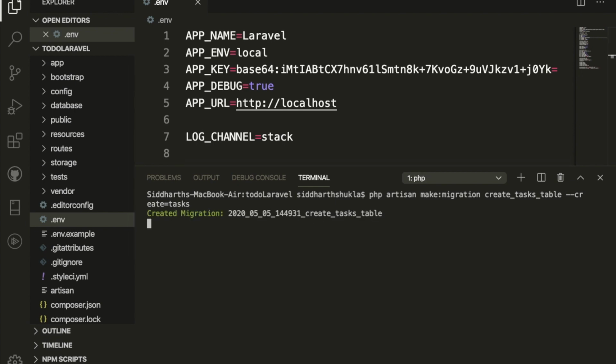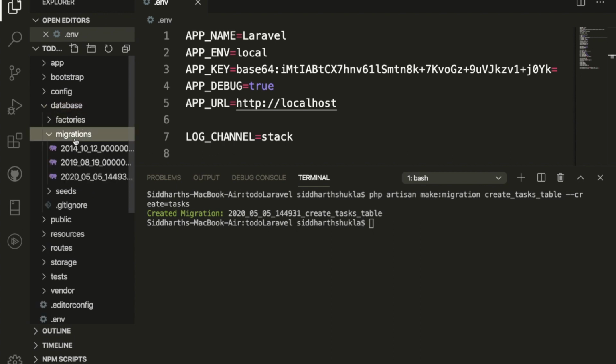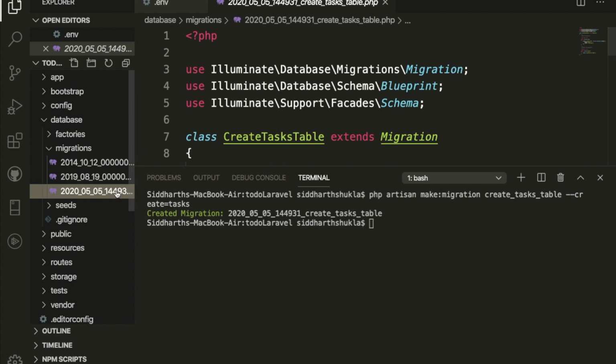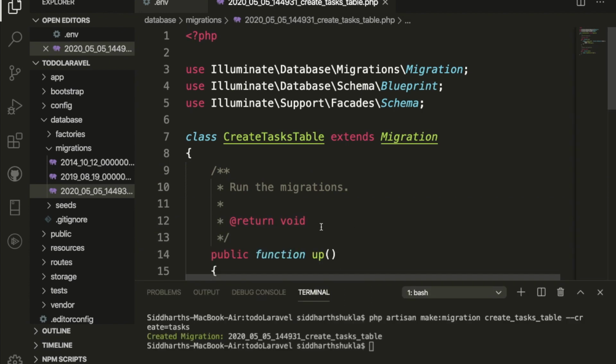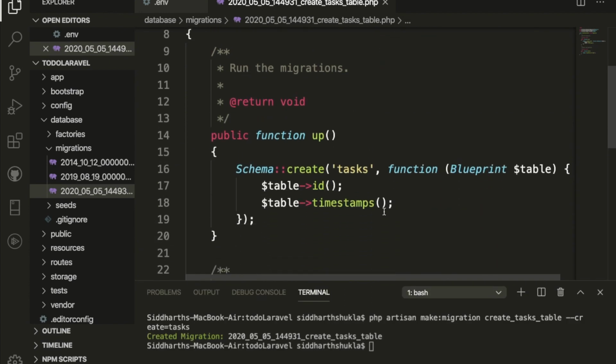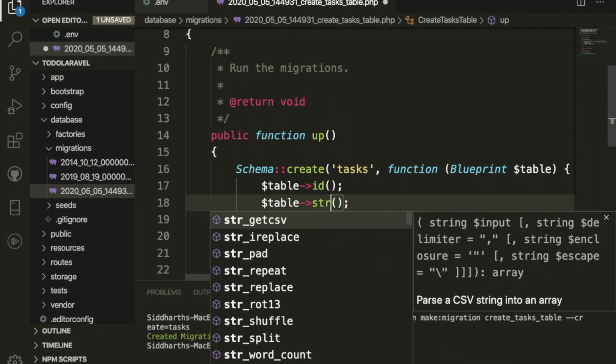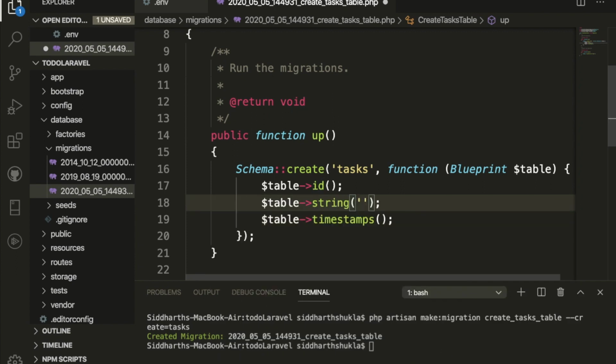This will take a little bit of time. Once this is done, we need to configure the database. We have the migrations folder, and here you can check this is already present by Laravel, and now we are inside the tasks table. Now what we need to do is write here. We already have id, which is auto increment. We don't need to change this one, and here I am going to put a string, and inside the string